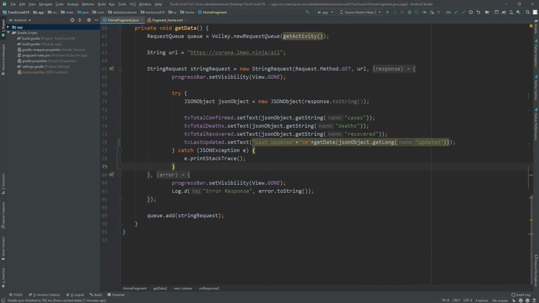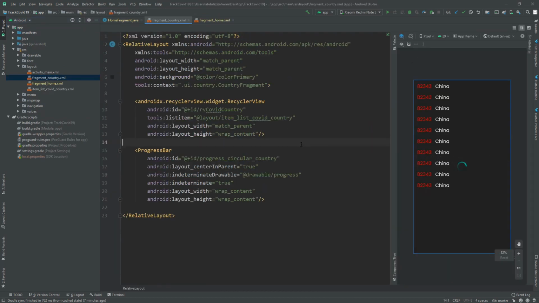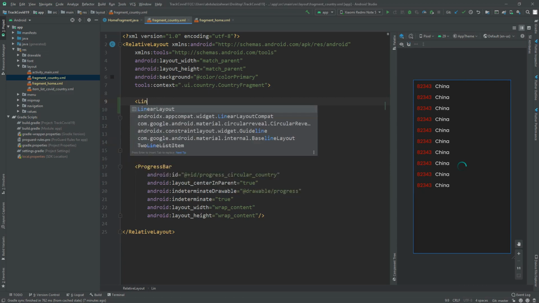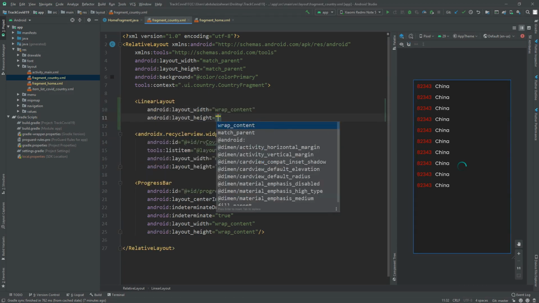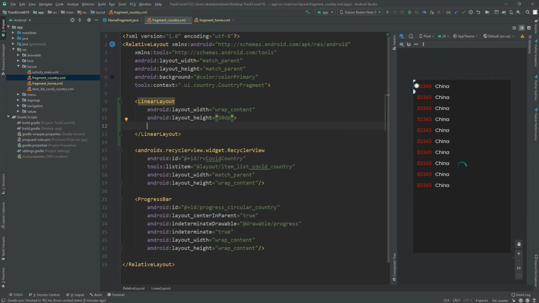Alright, and the next step is we go to our another layout, let's say fragment country, and above this we need to give a new linear layout, let's say 50 dp,